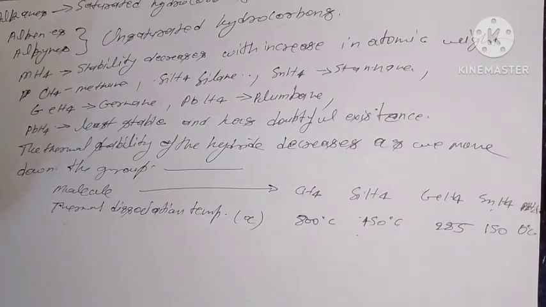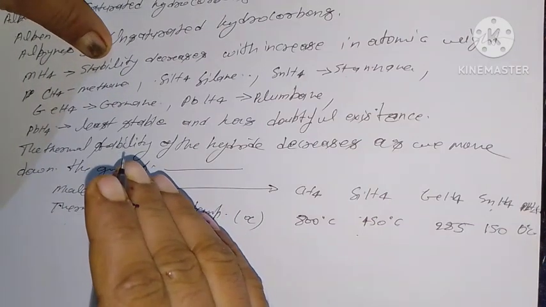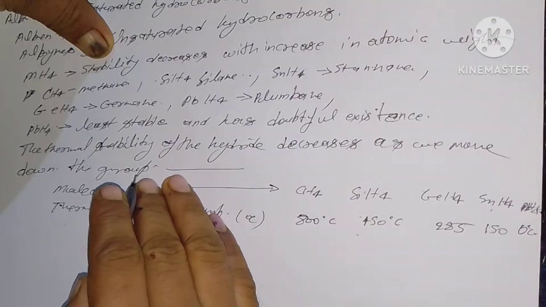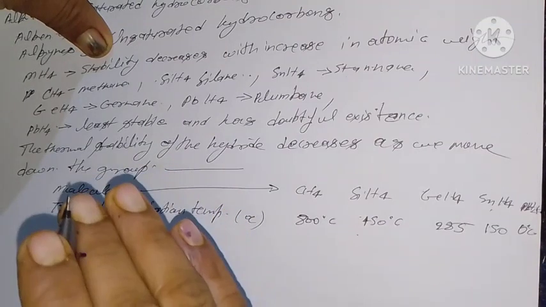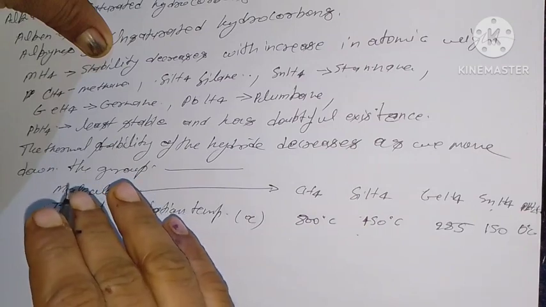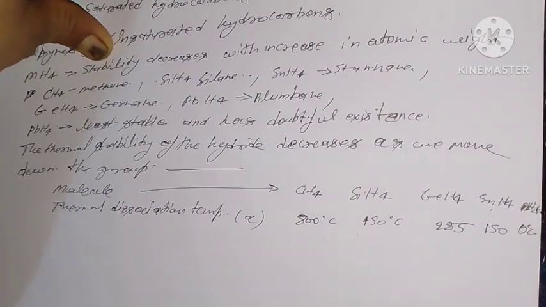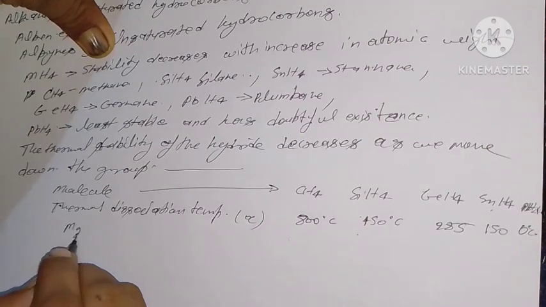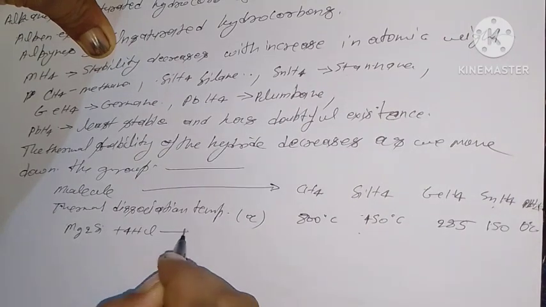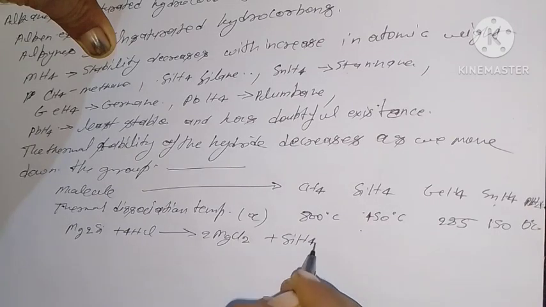Then silicon forms a number of hydrides of type SinH2n+2, which are analogous to the saturated hydrocarbons. The simplest member, monosilane, silicomethane SiH4, is a representative of the series. It is prepared as Mg2Si plus 4HCl gives 2MgCl2, magnesium chloride, plus SiH4,